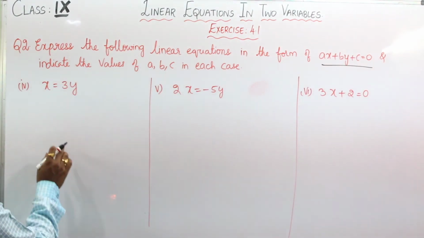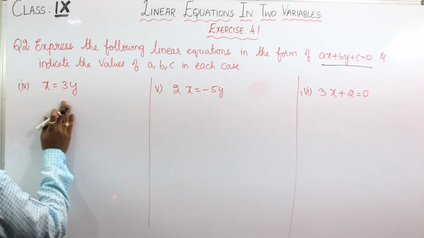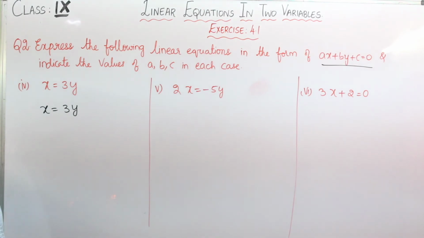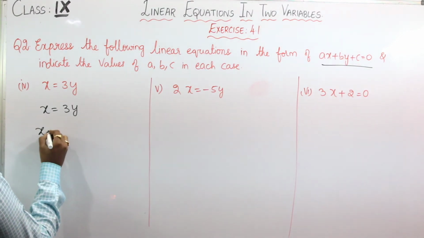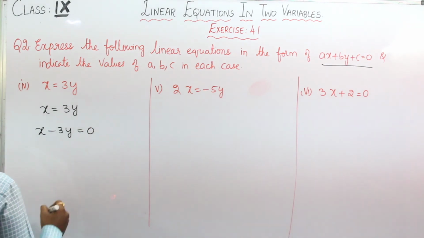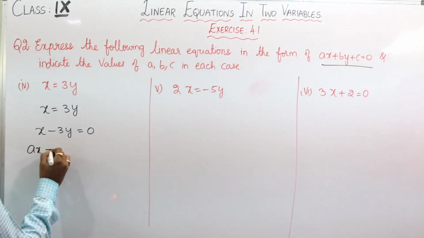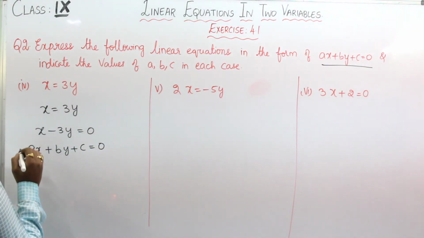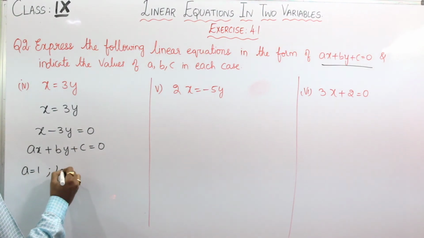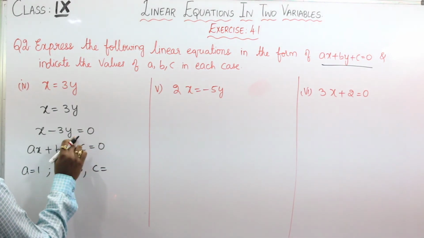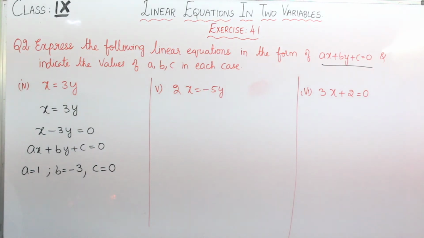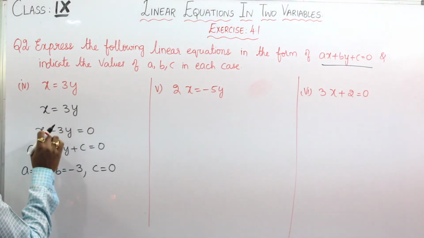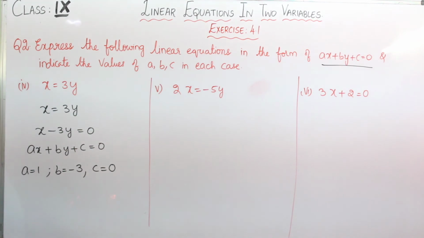Now the fourth bit of this problem, that is x is equal to 3y. First let us consider the given equation, that is x is equal to 3y. Now shift this y term here, then we will have x minus 3y is equal to 0. Now we have to compare it with ax plus by plus c is equal to 0. So on comparing, a value will become 1 and b value will become minus 3 and c term is not there, hence the value of c will become 0. So whenever you are not having the c term, that term will become 0. If I don't have a y term, then b will become 0, right?